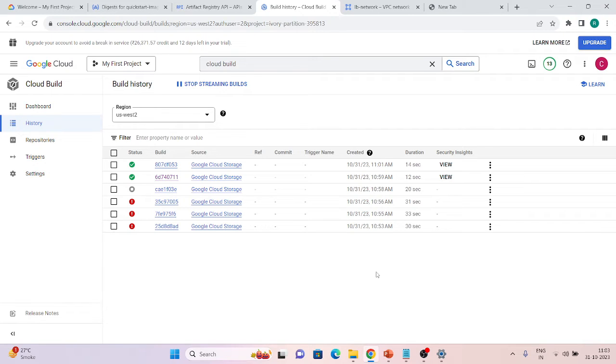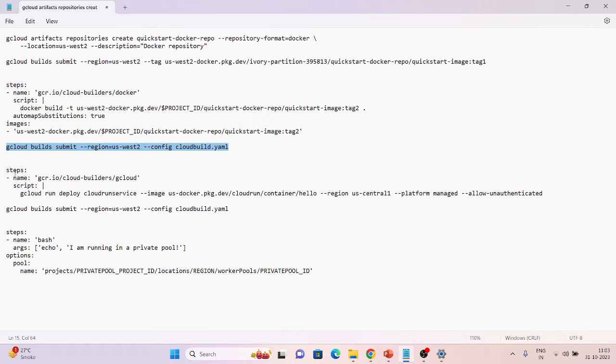We can use this to deploy to Cloud Run also. If you want to deploy to Cloud Run, we can use these steps. So we are now using one more image in which gcloud is already installed, which means it has all the gcloud shell commands. So we are running a script, gcloud run deploy, Cloud Run service. We are giving that image name, which is a hello image. It uses a basic hello image, and we are giving a region, platform which is managed, and allow unauthenticated, so it means anyone can use it. So let's run this also.